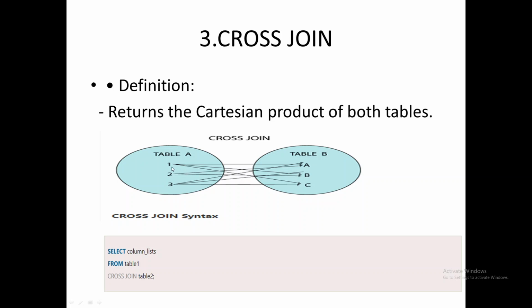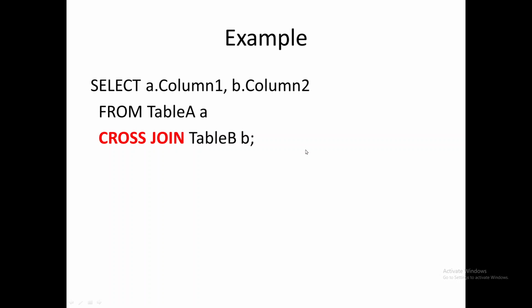Without condition, so here 1 to 3 is there. So what would be my output? This one will match to A, this one will go to B, one will go to C. So I would get basically 3 records for 1, 3 records for 2, and 3 records for 3. So how many records will I get? I will basically get 9 records. So the syntax is simple, there is no need to have any condition, and you can just use a cross join,